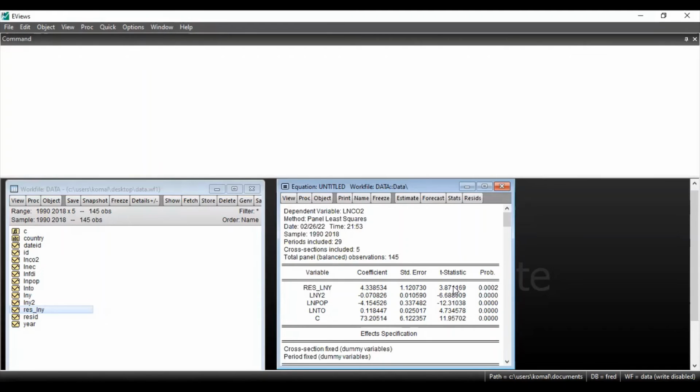Now how do we check for endogeneity using this process? So if the probability value of this residual variable is less than 5% level of significance, that is, if this probability value is less than 0.05, then that variable is endogenous. Okay, so this is how you can repeat the same exercise in a similar fashion for the rest of your